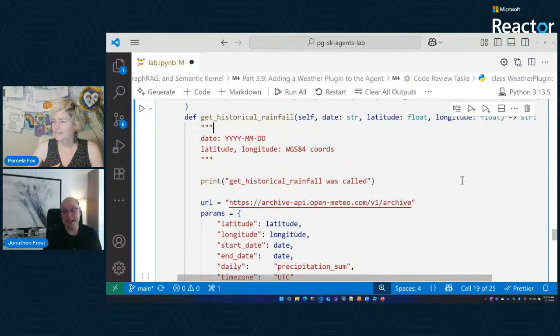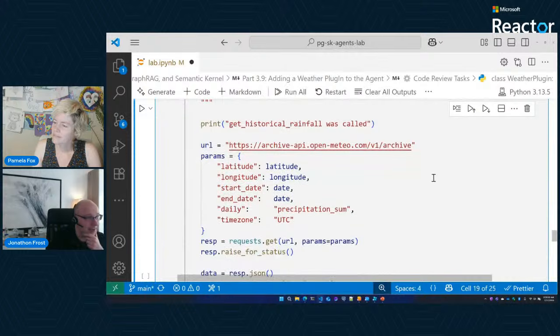Yeah, that's a great tip. You are kind of rolling the dice a little bit that hopefully the city that you chose is going to be found. So if you want to be a little more explicit, you can definitely layer in another function tool that performs that geocoding. So that's a really good tip.